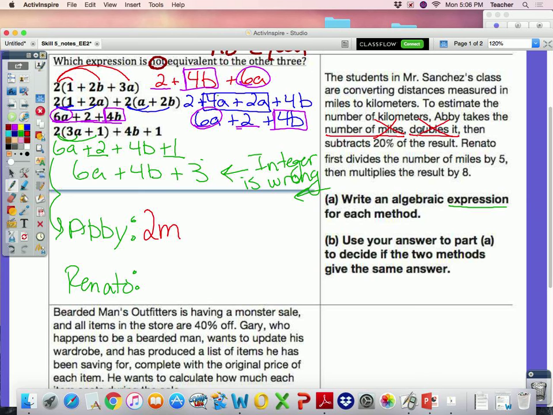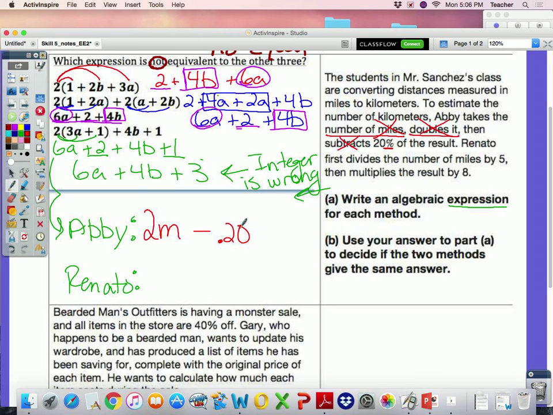Then subtracts 20% of the result. So first of all, in an expression, can we use a percent sign? What do we have to use? Decimals. This is going to be 0.20